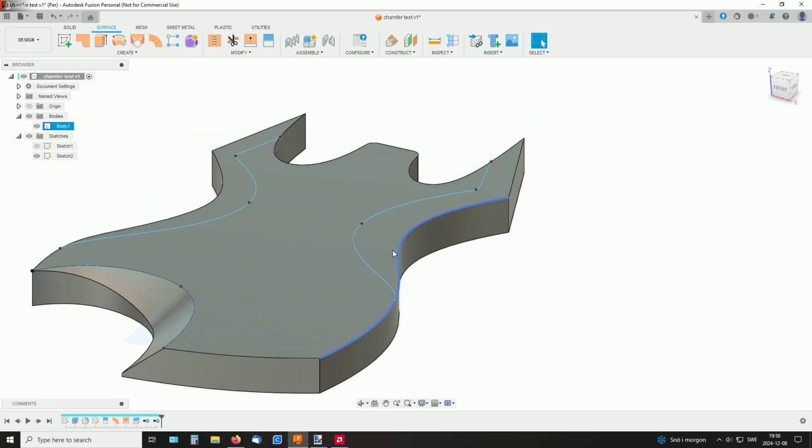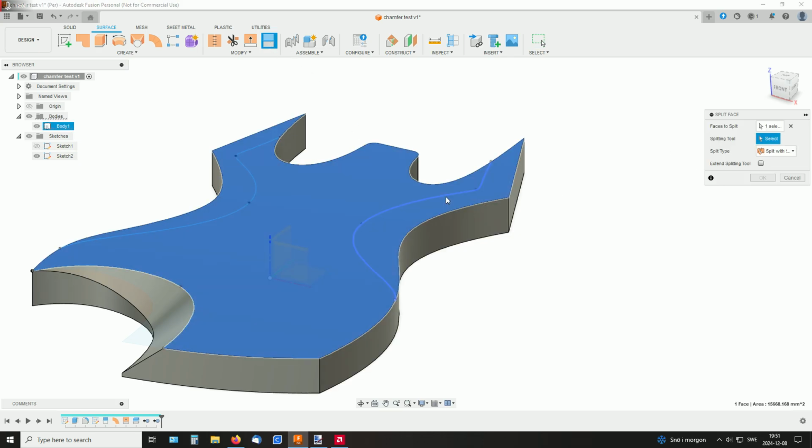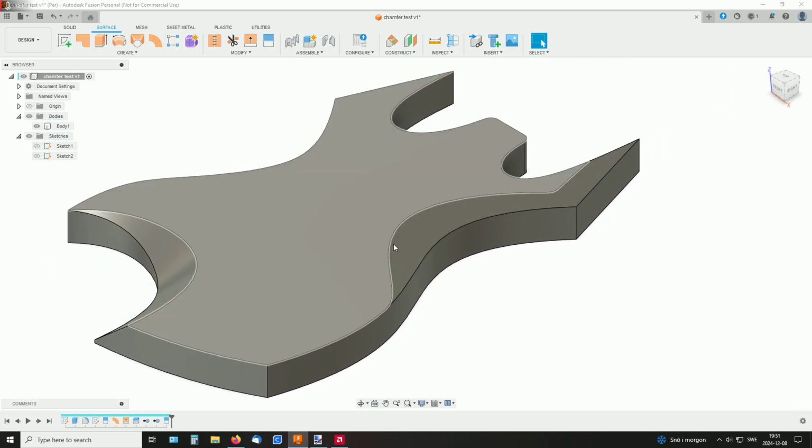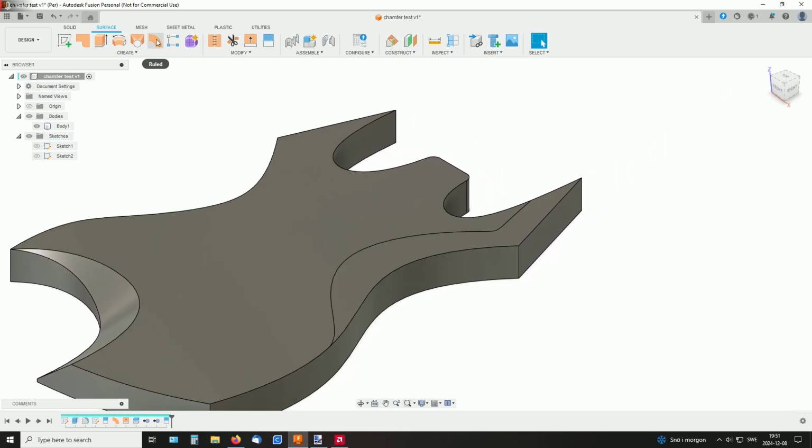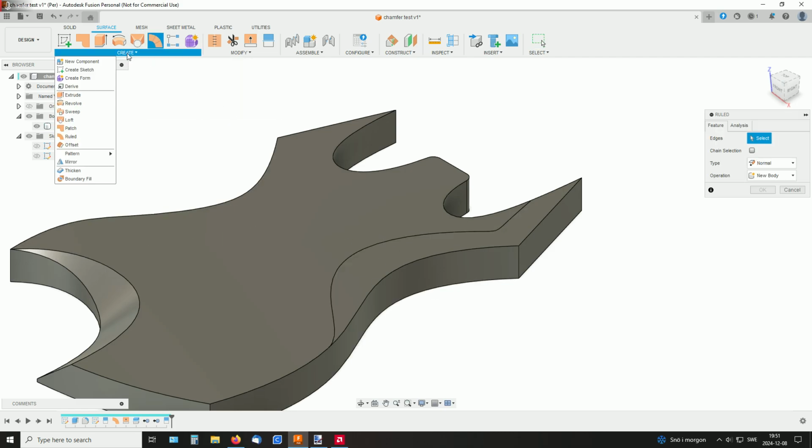We got to split the upper face first with this line and hide the sketch. New ruled surface. If you haven't got it here, you find it down here, and if you want a command to go up here, you use it very often, you can click on those three dots and click pin to toolbar. So anyway, ruled surface